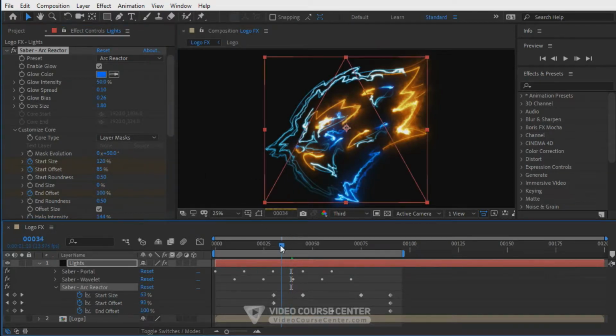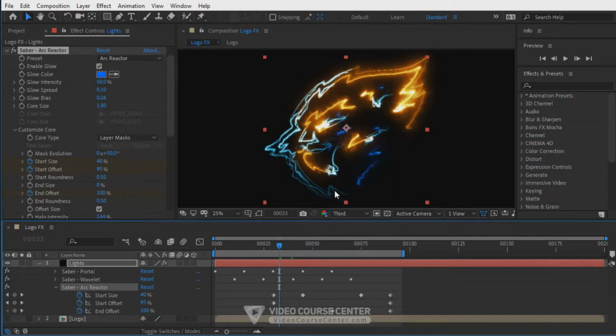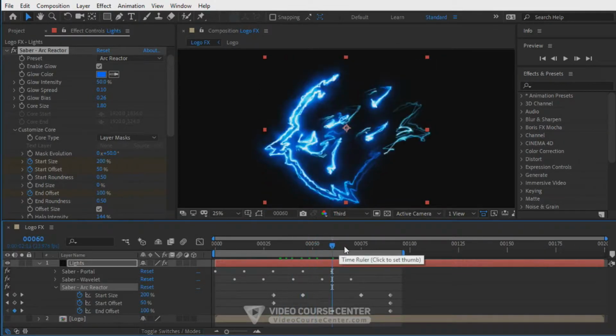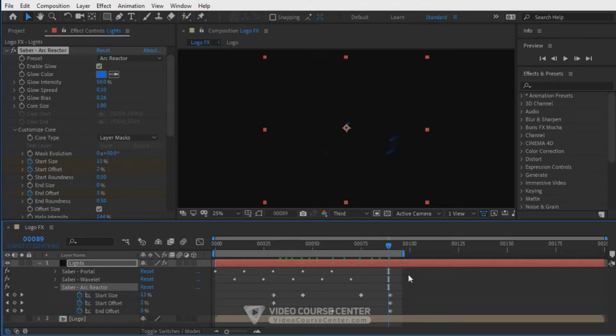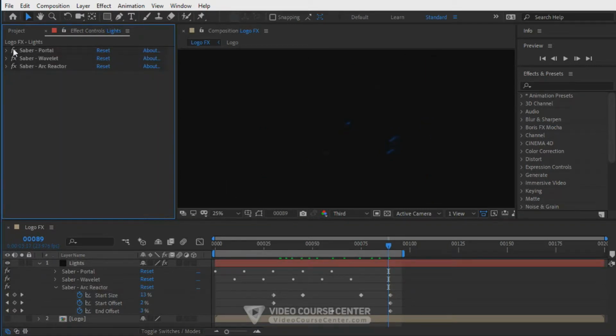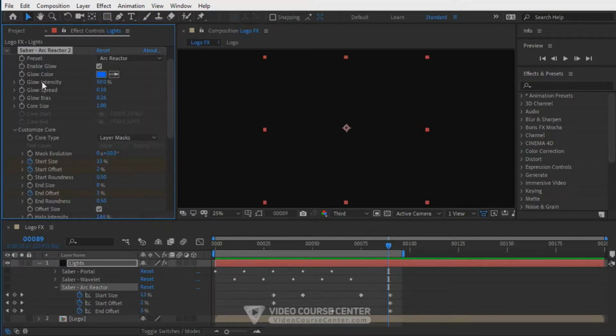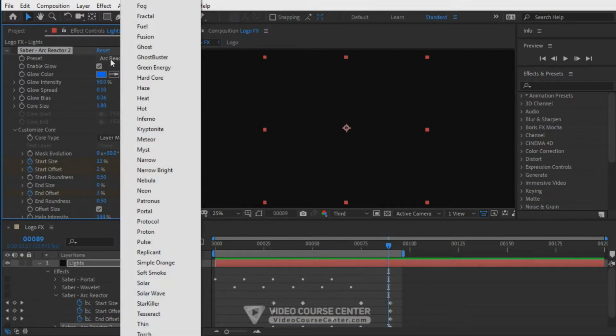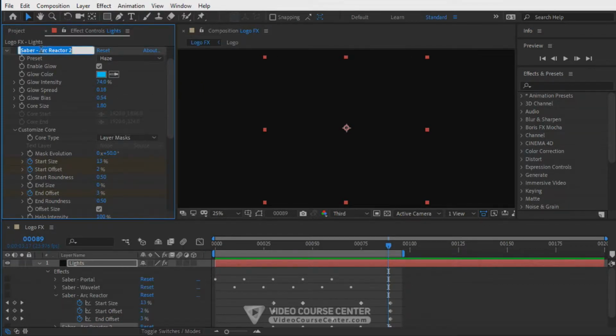Okay, now let's add the next saber effect. So turn off all effects again, duplicate arc reactor. And for presets, let me see, I select this haze effect, yes. So let's rename it to saber haze and turn it on. Okay, our default haze effect is this, nice effect, but I want to modify some properties to have a different look, okay? So let's change the color code to